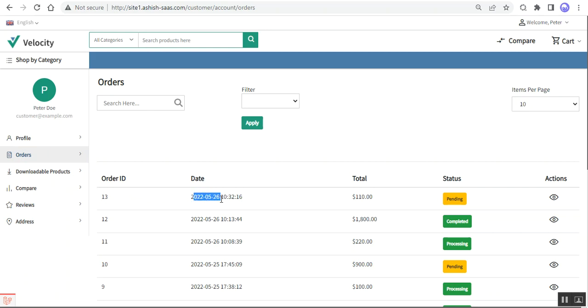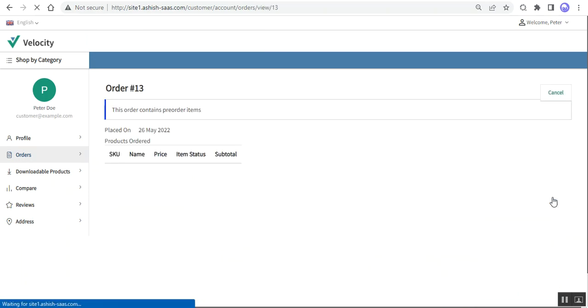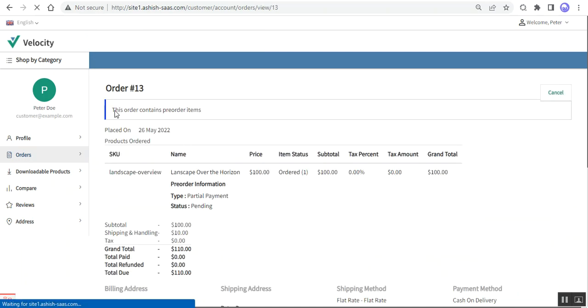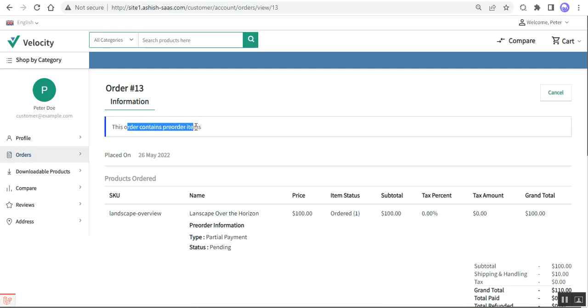The date is 26th of May. The payment that we have made is the partial payment for 10% of the product price of $1,000. So that's why it's $100, and $10 is the shipping price. So altogether it's $110. If I view the particular order, here you can see that this particular order contains pre-order